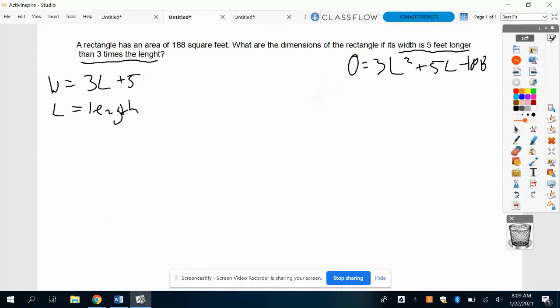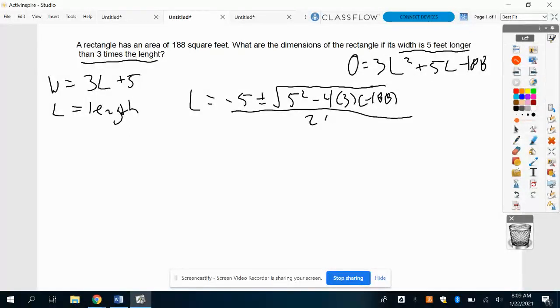So in this problem, when we use the quadratic formula, our b is 5, so the length is equal to -5 plus or minus the square root of 5 squared minus 4 times 3 times -188 all over 2 times 3. And for this one, when you get what's inside the square root, you get -5 plus or minus the square root of